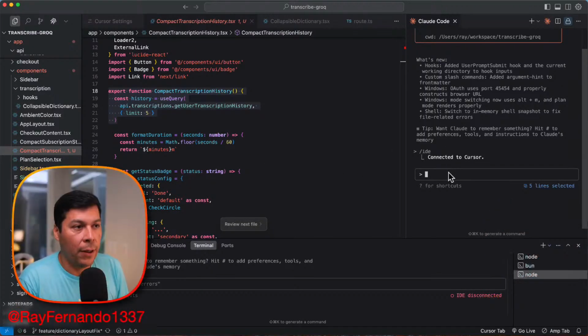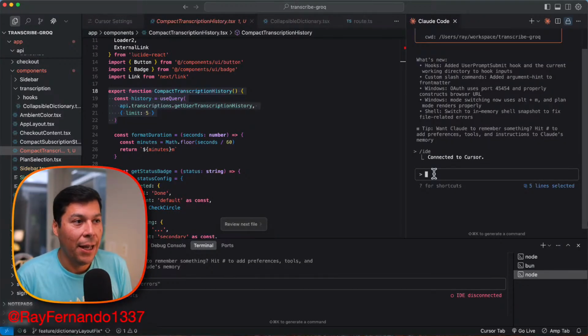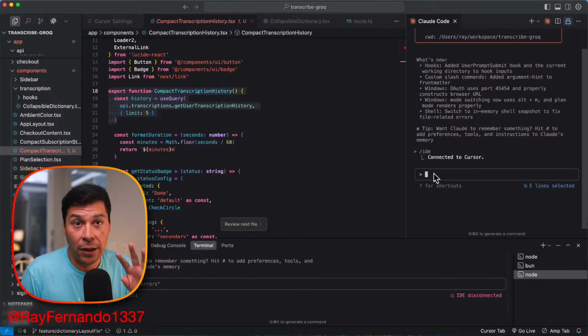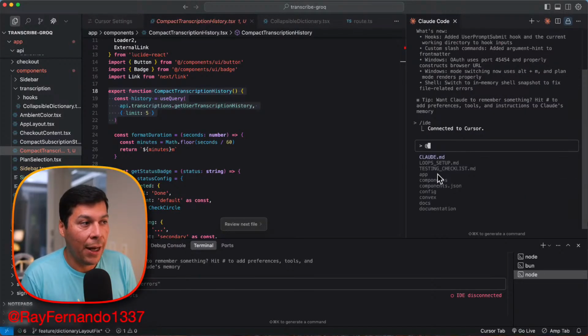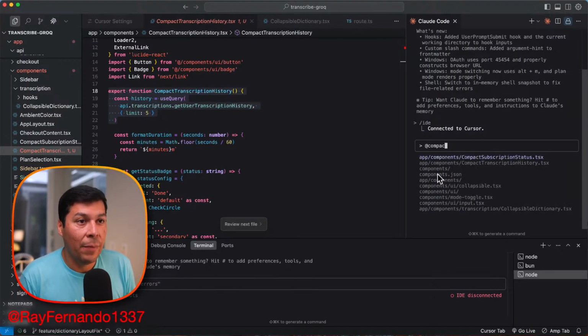I was just talking to someone on my live stream, his name was King Butoshi. We were coding an AI robot, and he didn't know this, but I want to show you this cool trick with Claude Code in Cursor, or Claude Code in general. You can actually select files by doing the @ name. So in Claude Code, you just type an @ and then you'll see the list of files. If you want to do like compact, you just start typing in the name.